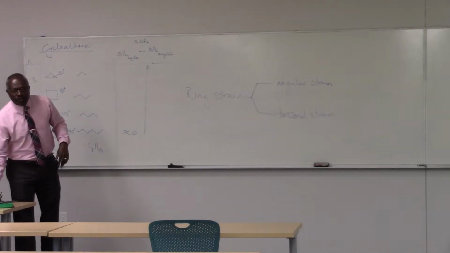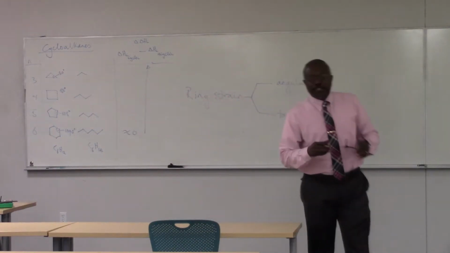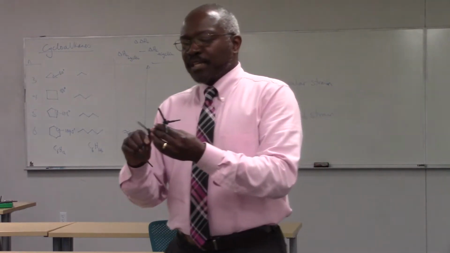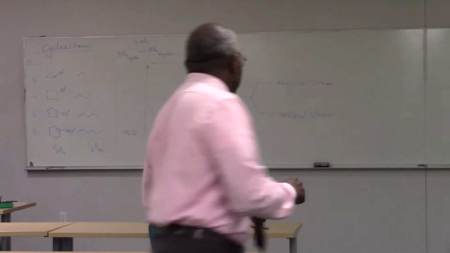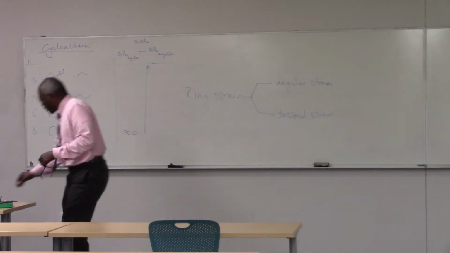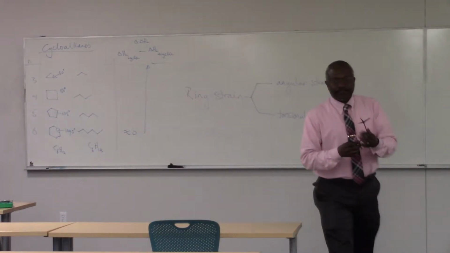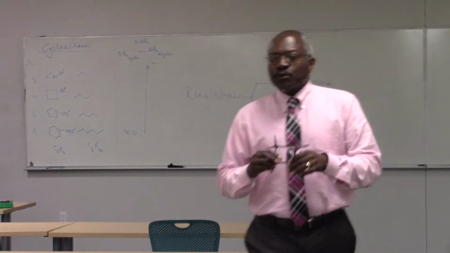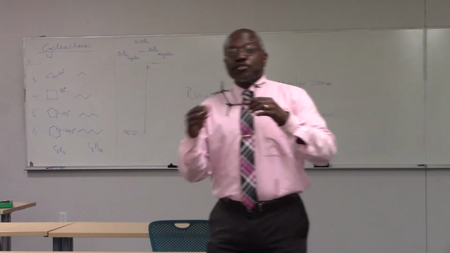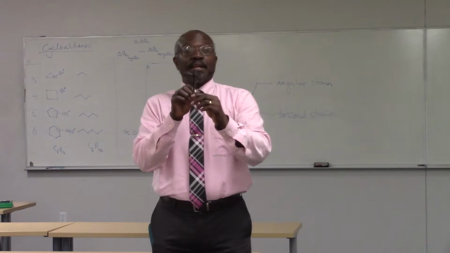What is torsional strain? Well, torsional strain is the strain associated with twisting, with rotation. And we talked about rotation, about conformational analysis last day, and we talked about twisting or rotating about a carbon-carbon single bond. So, torsional strain, I think you guys can see from here, is a strain associated with twisting, but more specifically, with being eclipsed.